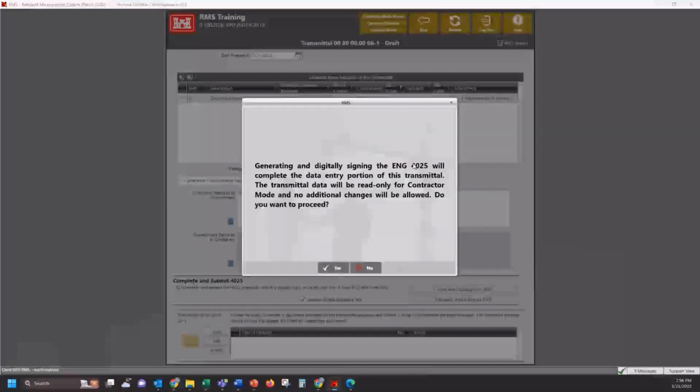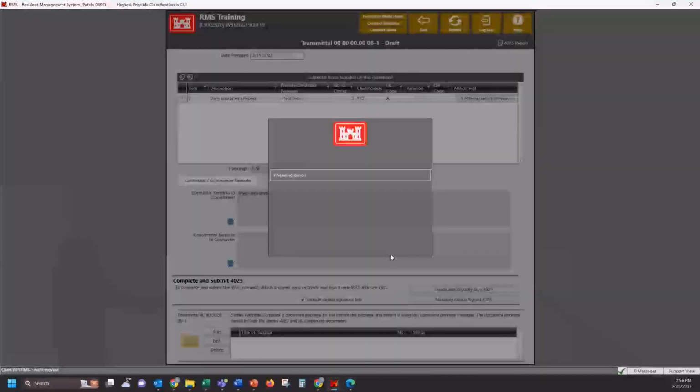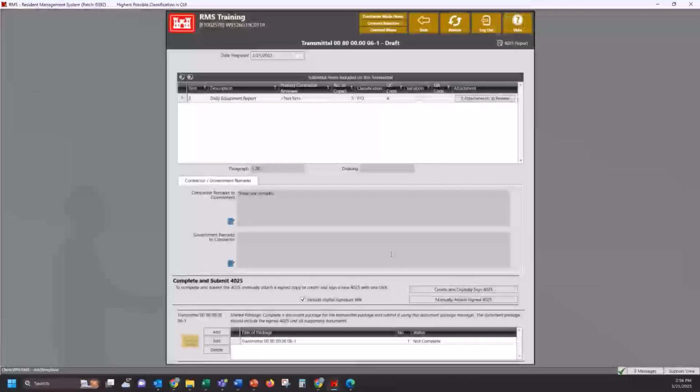And RMS provides a pop-up letting you know what's going to happen after you complete this operation. Digitally signing the ENG 4025 will complete the data entry portion of this transmittal. Transmittal data will be read-only for contractor mode and no additional changes will be allowed. Do you want to proceed? Yes, I do. Enter some authentication. Okay, and as RMS mentioned, none of this can be edited now, and it has been sent to the government